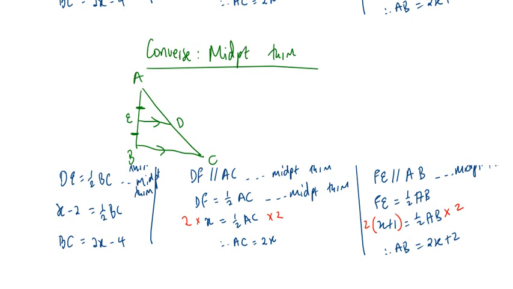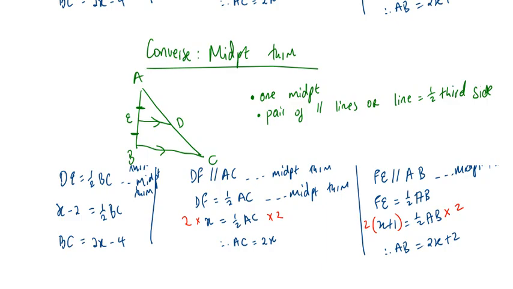So you are given, for the converse, if you have one midpoint and you have a pair of parallel lines, or you are given that the line is half of the third side,